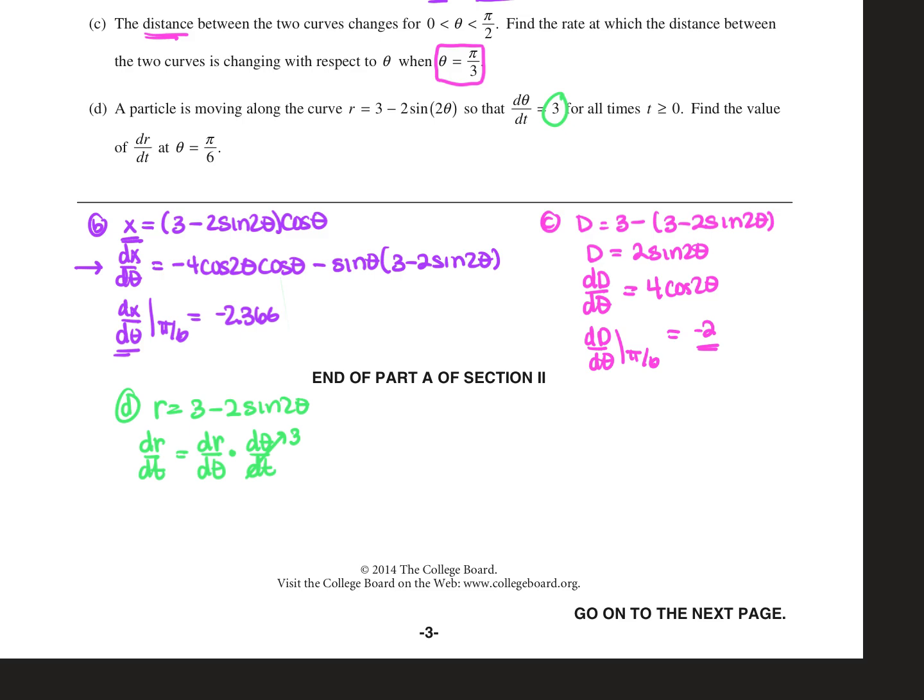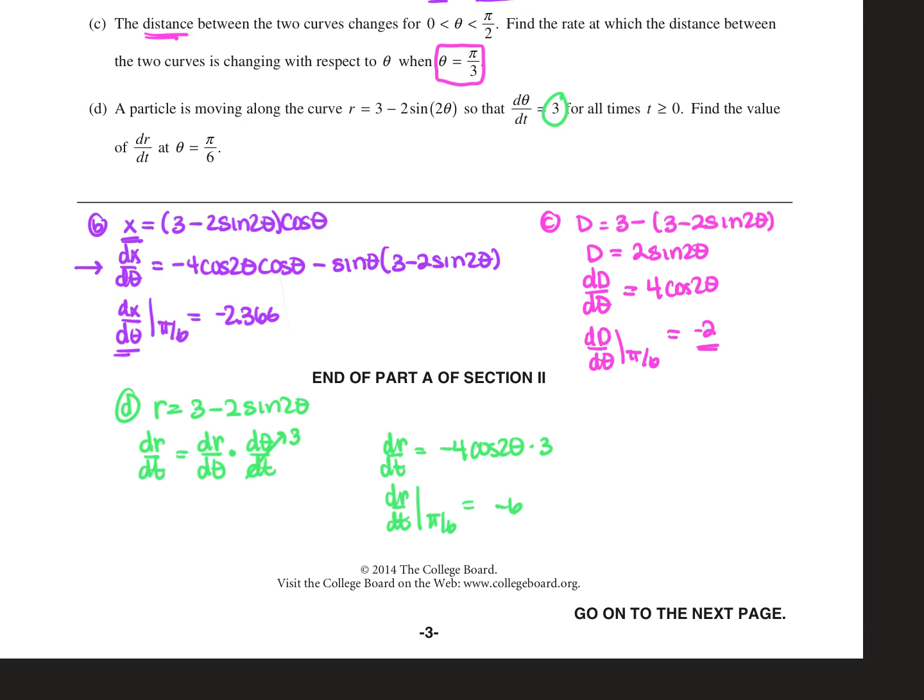And we can find dr d theta by taking the derivative of the r, so that's going to be equal to minus 4 cosine 2 theta times 3, and we're going to find this value at pi over 6 again, and that works out to be negative 6,